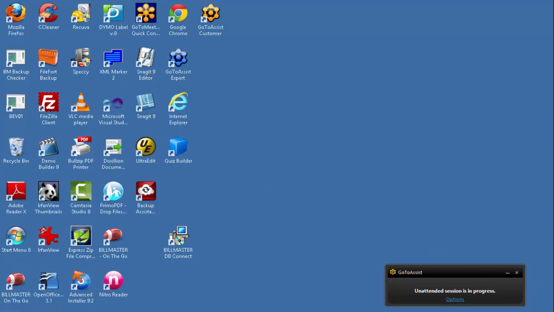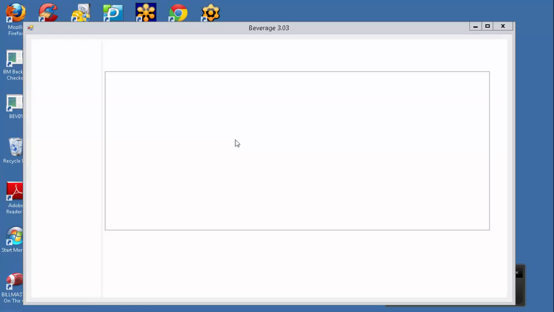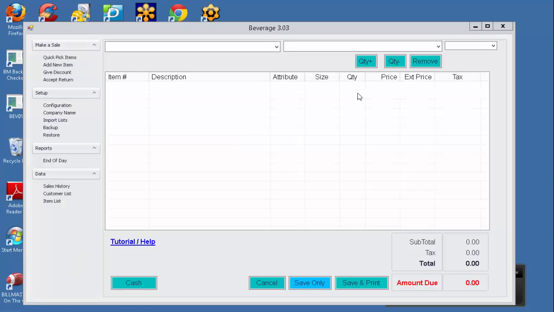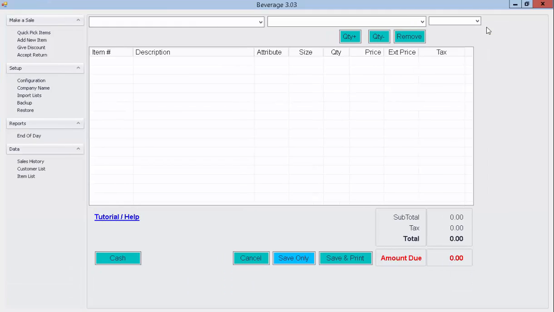Let's begin by starting the beverage program. Once the beverage program is loaded, you can maximize it like this. This is the main menu of the program to allow you to enter in items, view receipts, and print end-of-day